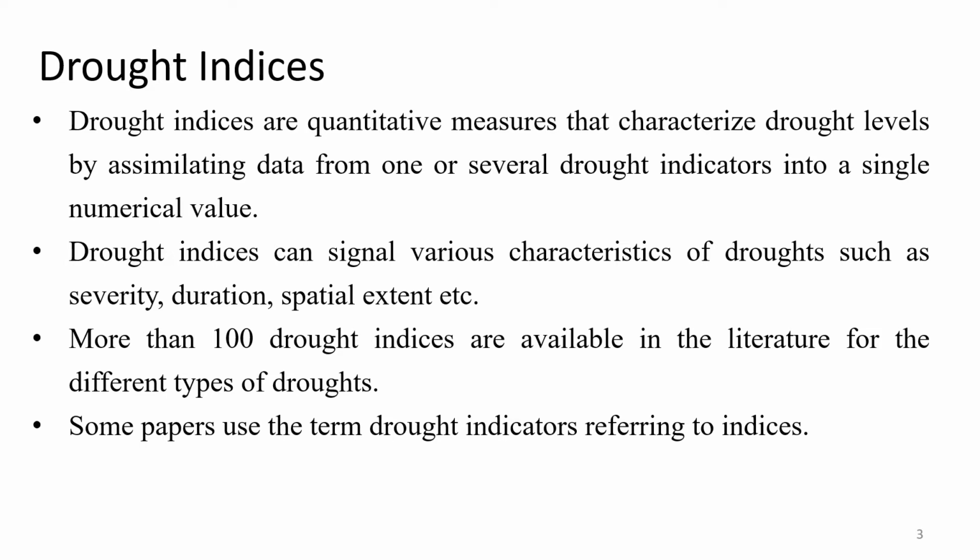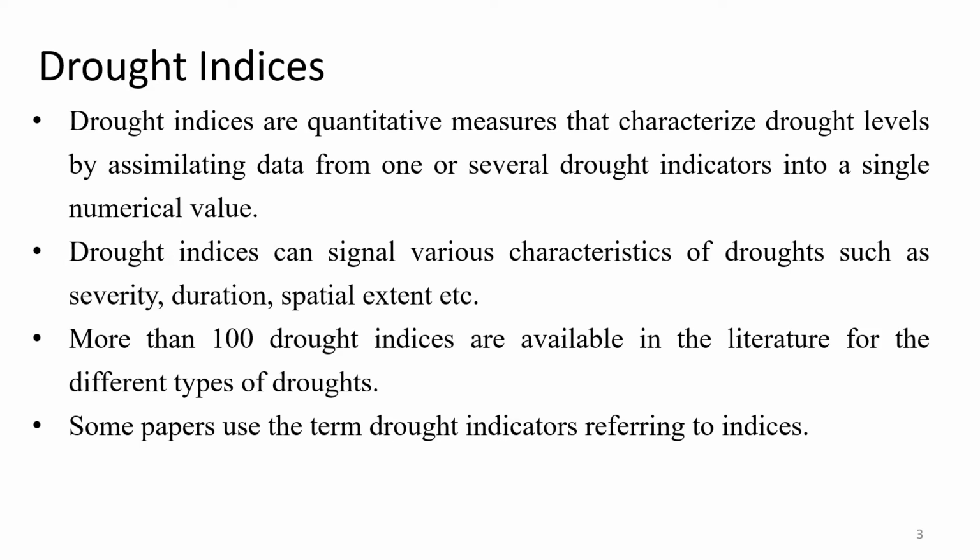If I use precipitation and define a drought index out of that, if I use some mathematical jugglery over it, convert it to a number which will inform me about drought condition over a region, that is known as a drought index. So drought index is nothing but taking one or more variables, drought variables or drought indicators, converting them into some form of numerical values, some numbers, which will inform us about drought conditions.